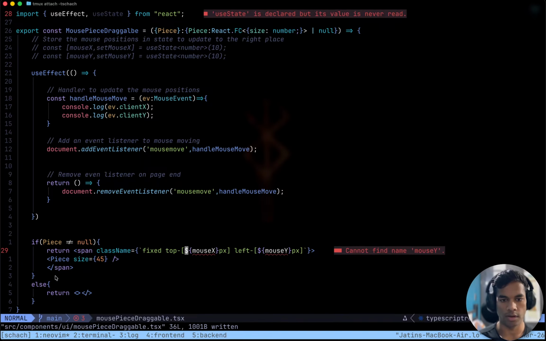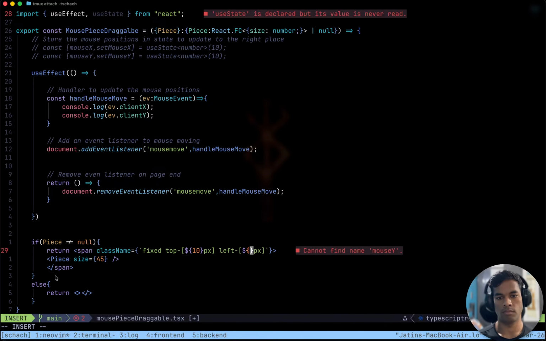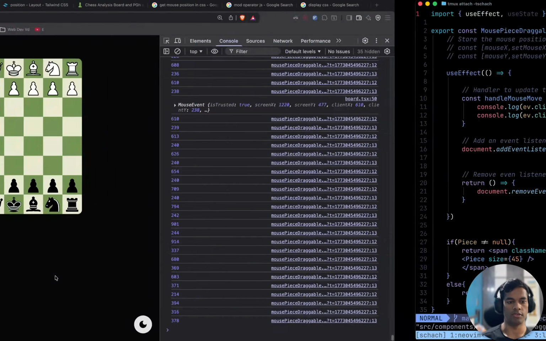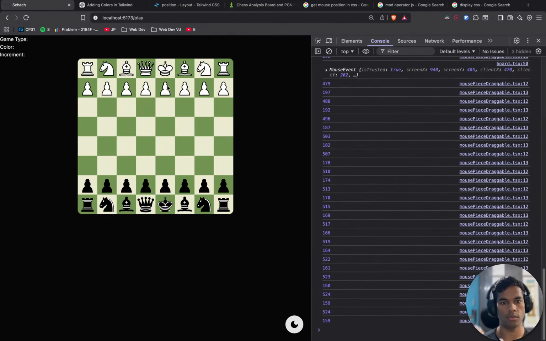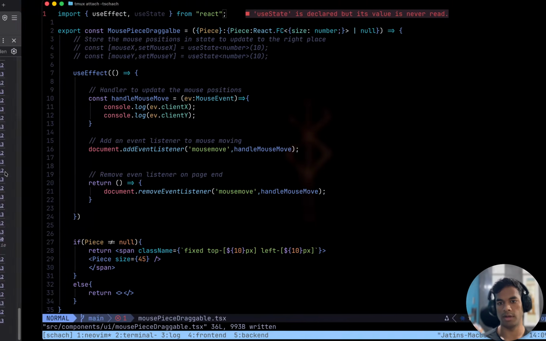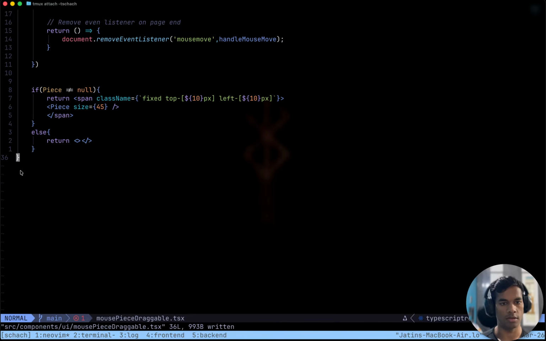Let's give here custom values, values which are not changing. What do we see now? Okay, still with 10, nothing is in there.